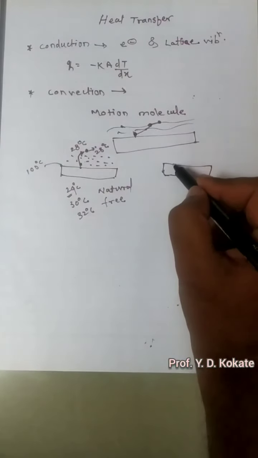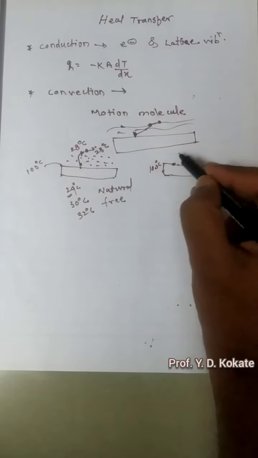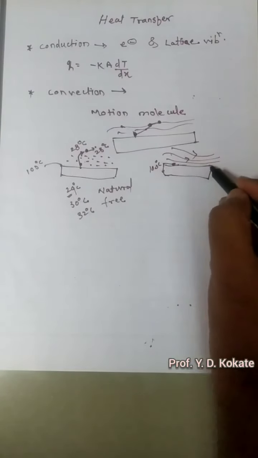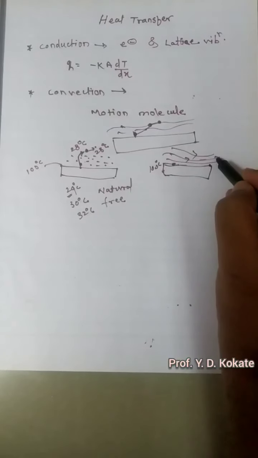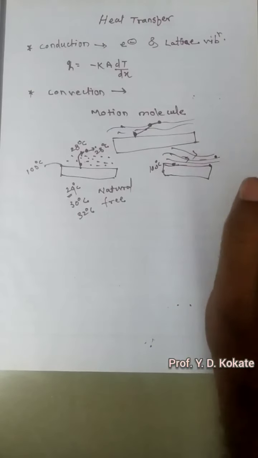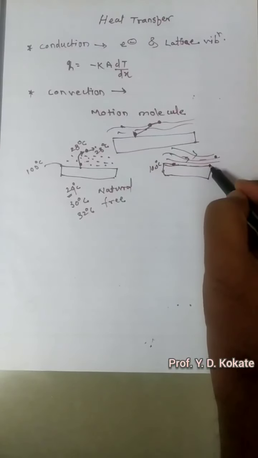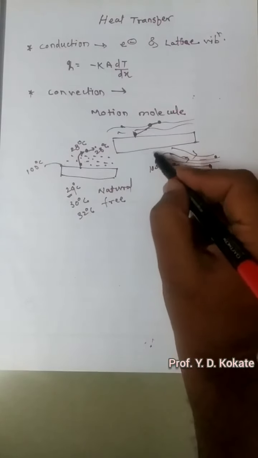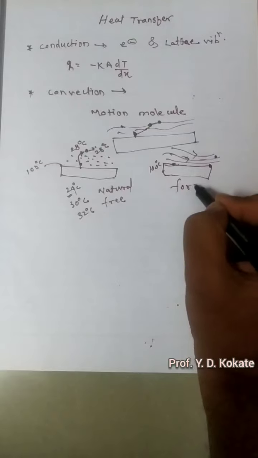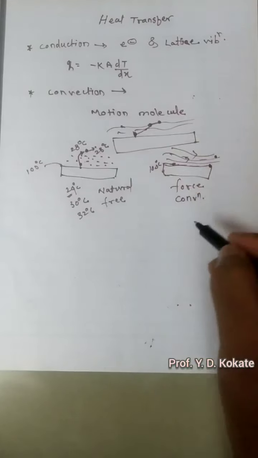Now in forced convection, whether this surface has a high temperature or low temperature, the fluid has a certain velocity. Even if the heating source is present over here, this fluid is moving with some velocity. If this source is not present over here, then also this fluid is moving with some velocity. So this velocity does not depend on the heating source. This velocity is controlled by external appliances, maybe a blower or fan. This type of convection is called forced convection, where it depends on external means.